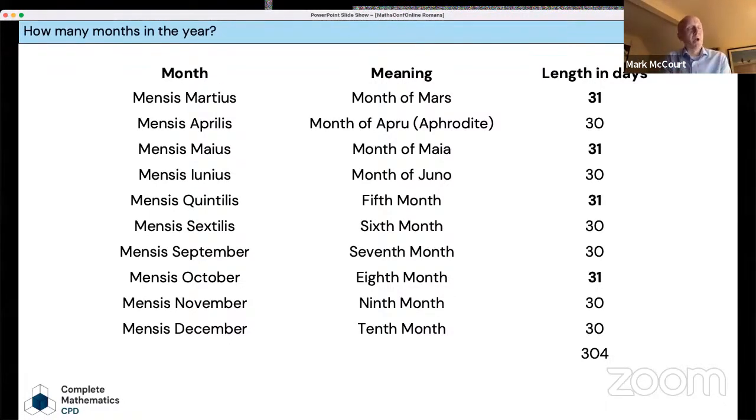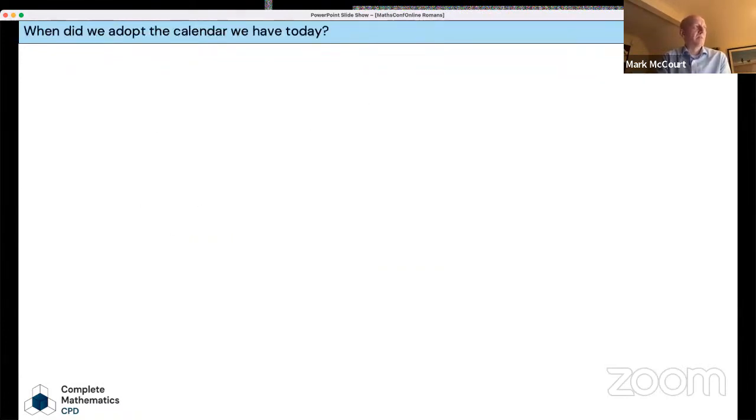And that's an interesting moment for pupils to think, well, hang on a second, I thought there were always 12 months. Well, no, there weren't. There weren't always 12 months, and different cultures have taken different approaches to how they measure Earth's progress around the sun. And then we might ask them some interesting questions about our calendar and when did it start?